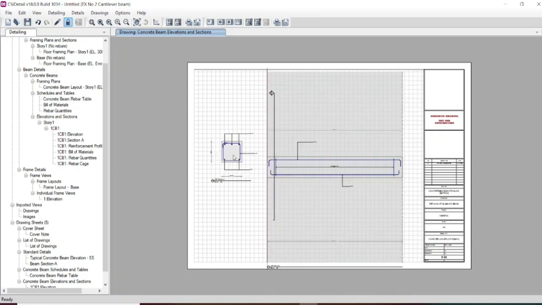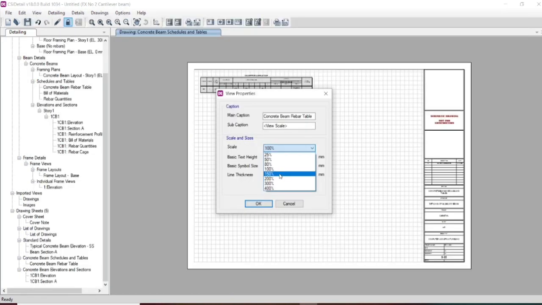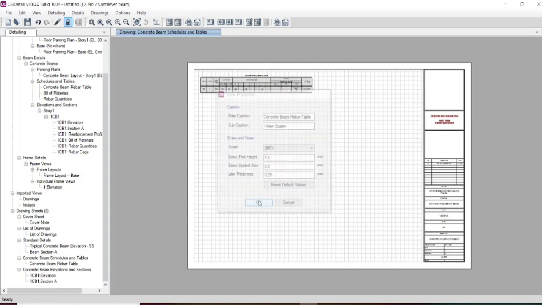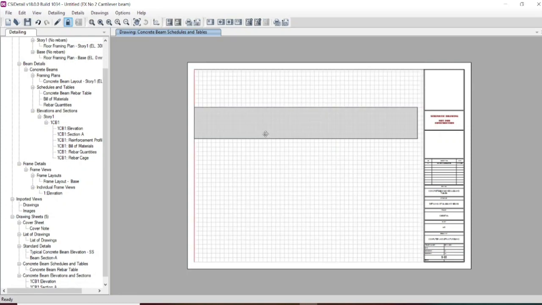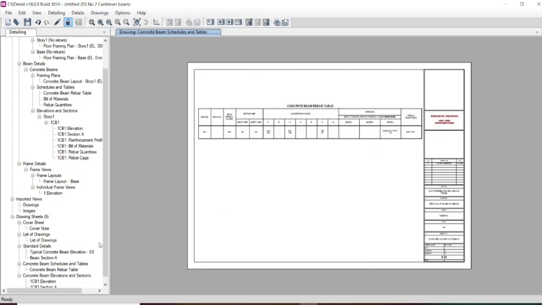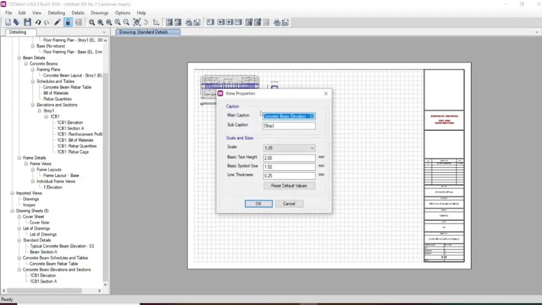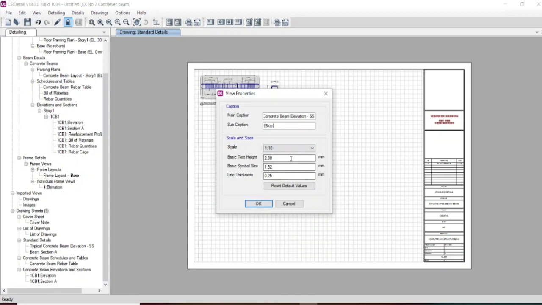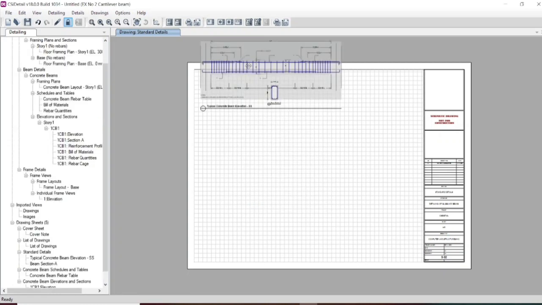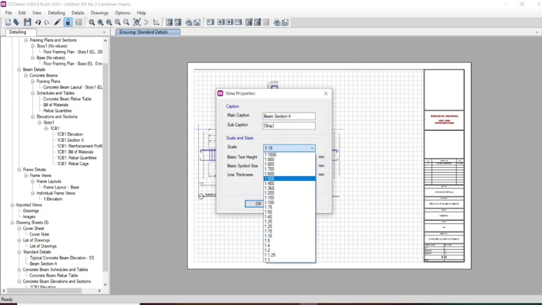Now the view is visible right now. Yes, currently our drawing will be having better visibility and clarity.